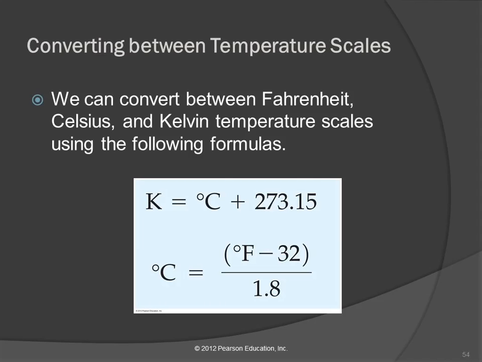So anyway, those are the temperature scales. So if we have these different temperature scales, we have to convert between them. Temperature is something that we cannot use dimensional analysis for. Dimensional analysis does not work for everything. It does not work for temperature. So we need to use these equations. The temperature in Kelvin equals the temperature in Celsius plus 273.15. The temperature in Celsius equals the temperature in Fahrenheit minus 32, that quantity divided by 1.8.